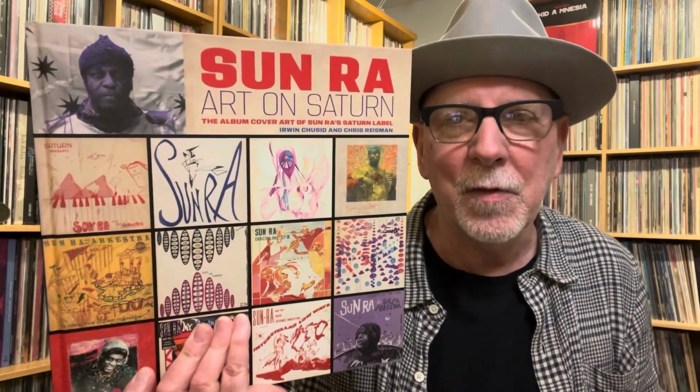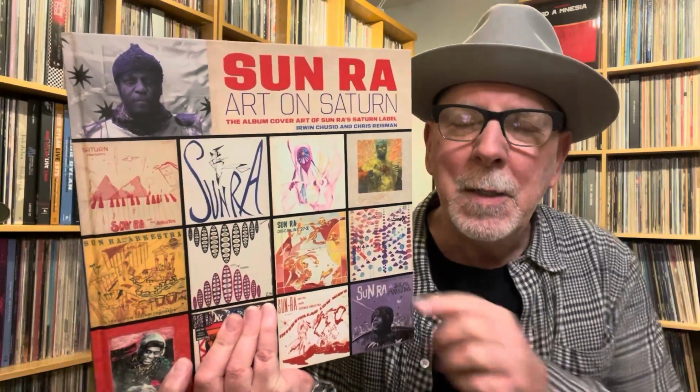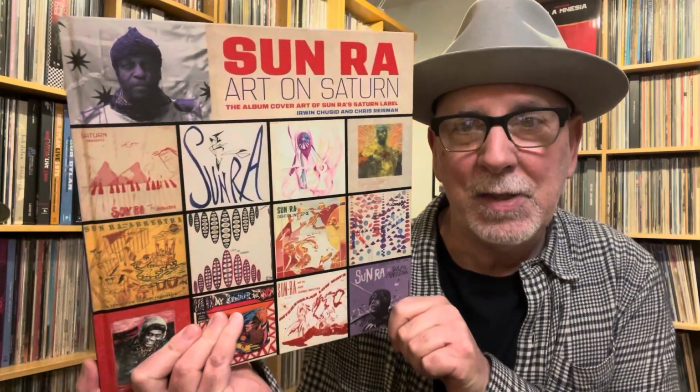This is a book, Sun Ra: Art on Saturn. If you know the avant-garde jazz artists, a little free jazz, a little somewhat poppish at times, there's so many. Depending on which album you grab of Sun Ra's, there's so much diversity in the music, and some more accessible than others. But over the years, they used to do a lot of private presses and sell at their shows,